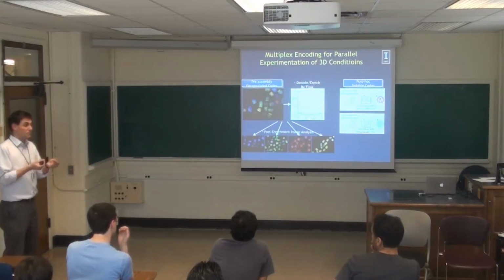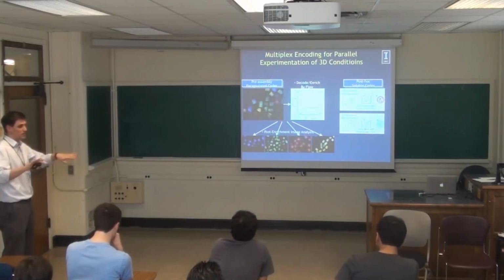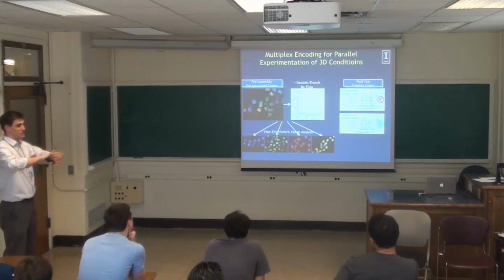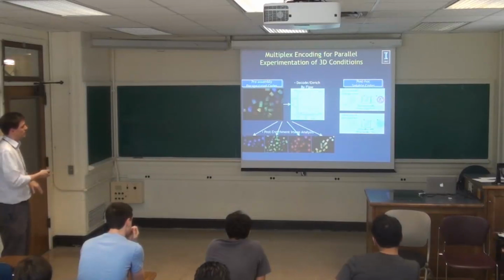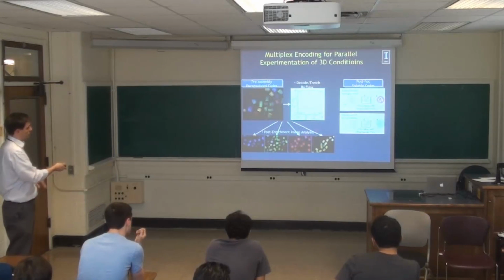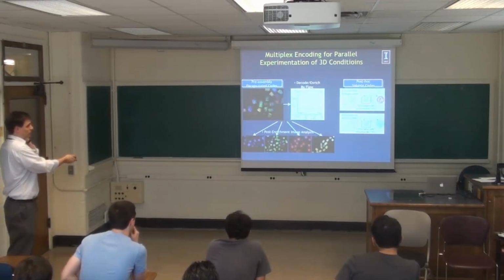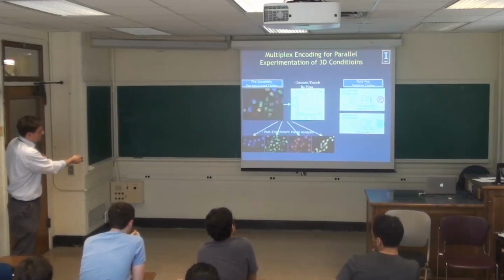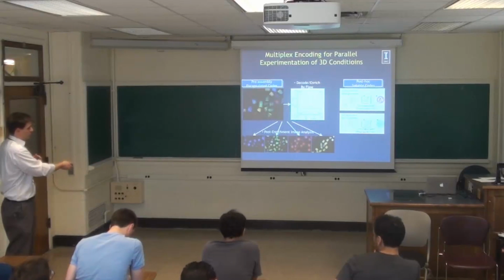So you could add fluorescent particles to your system that would identify one set of microtissues from another, and then even if they were mixed together, you can measure their fluorescence, and they would essentially encode your multiple conditions that you could analyze in parallel. So this is a pre-assembly code illustrated here. You could have microtissues that are green, ones that are red, ones that have both green and red, or ones that don't have either of those. And you can identify them separately on the dot plot illustrated here,